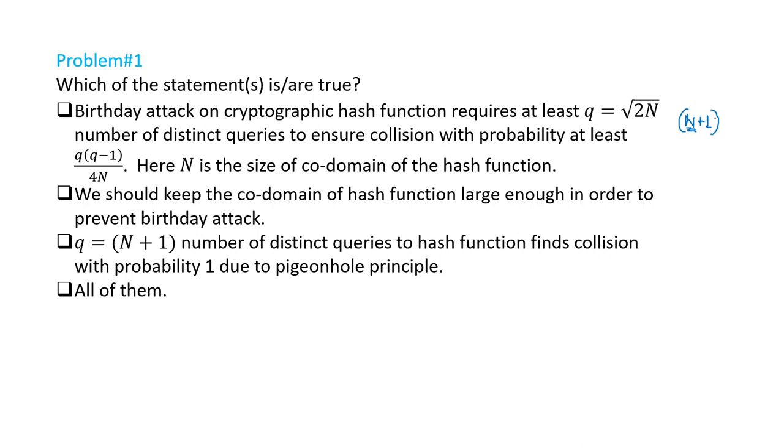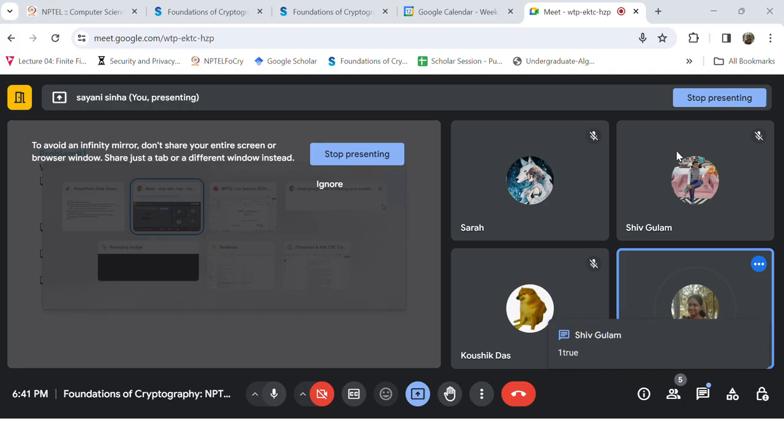Due to the pigeonhole principle, with n plus 1 distinct input queries, you will get at least one collision in the hash function. However, n is usually exponential, that is of order 2 to the power l, where l is the bit size of your fixed hash output length. But it is observed that